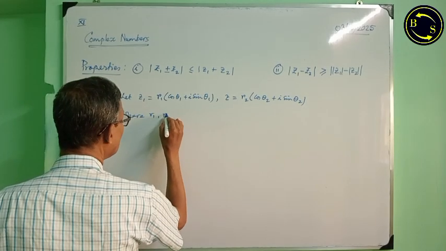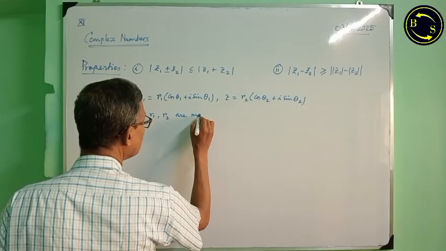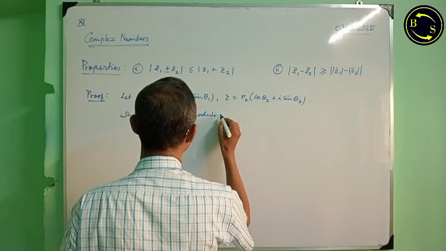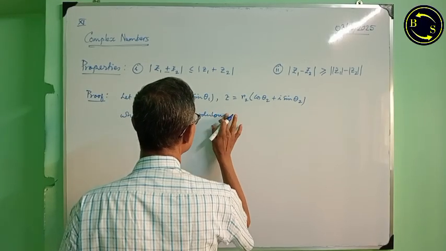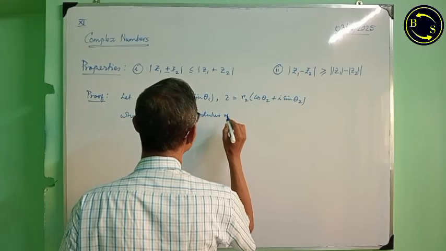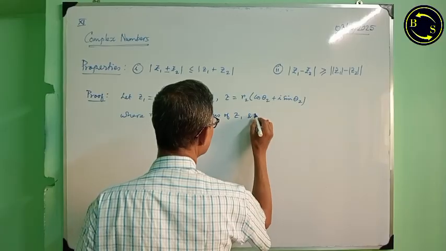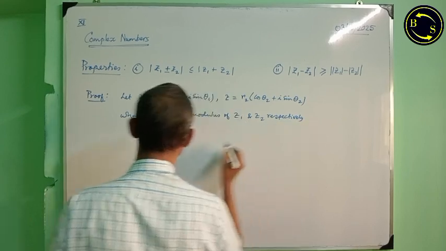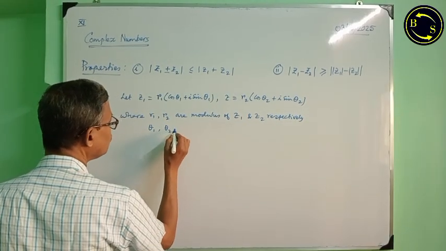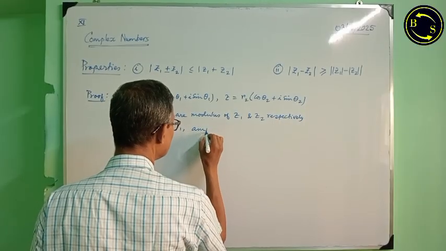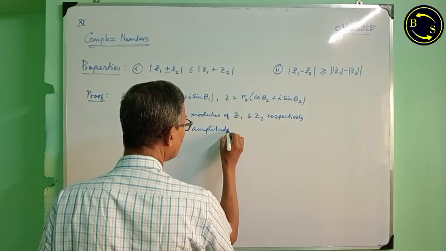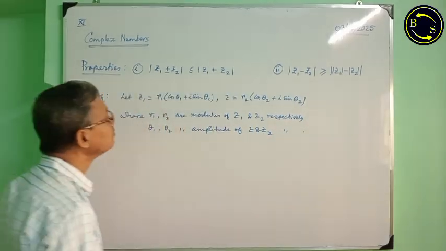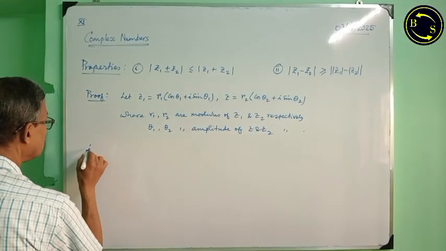r1, r2 are the moduli of Z1 and Z2 respectively, and theta 1, theta 2 are the amplitudes of Z1 and Z2 respectively. Therefore, we can find easily